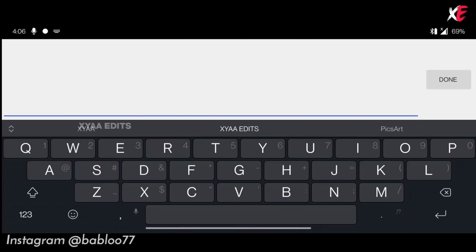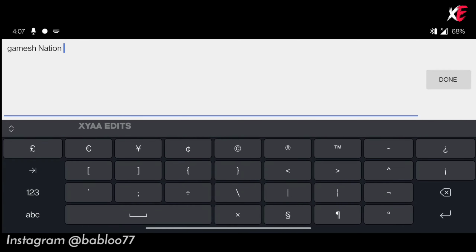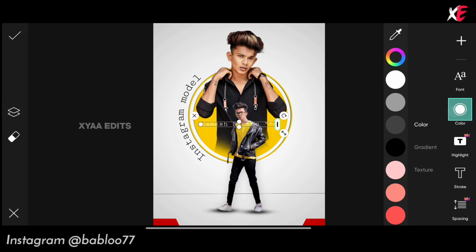Now again go to text. This time I am going to write the model name. Tap on tick, select the color as usual, black color, and rotate it and bring it here.